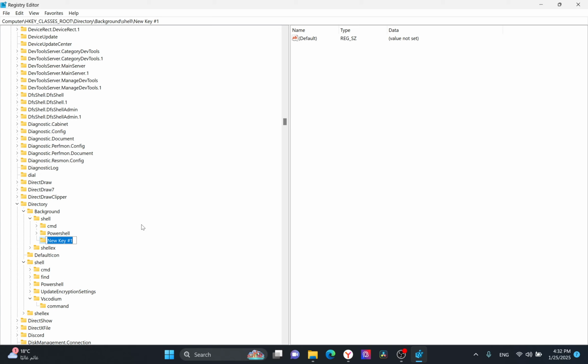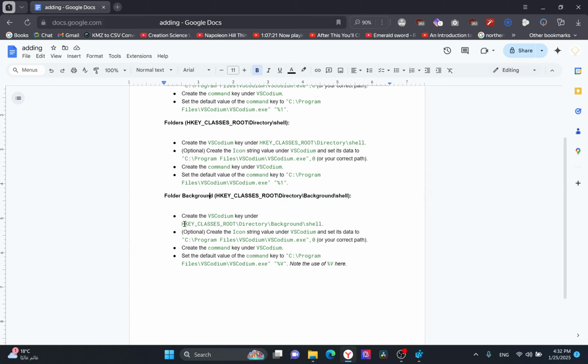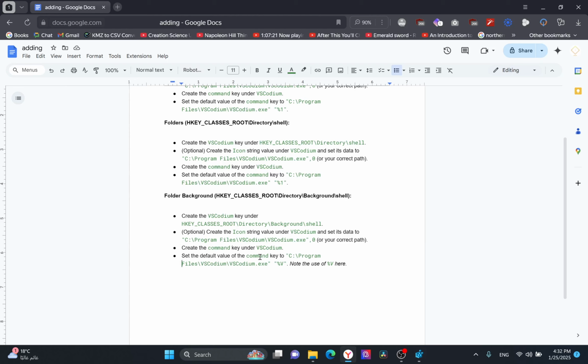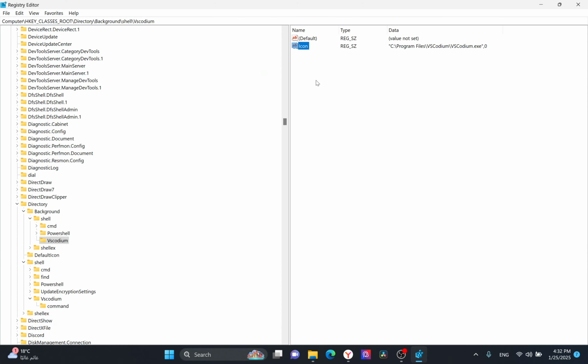Add a key, VSCodium, and you add a string, call it icon, and you copy the exact same text, and now after it we add a new key, command,